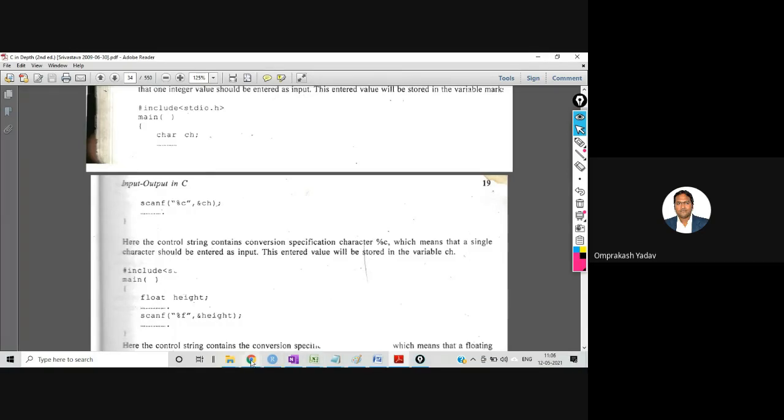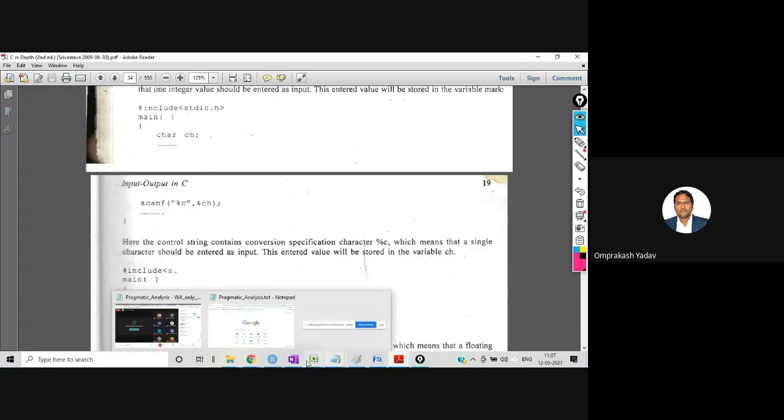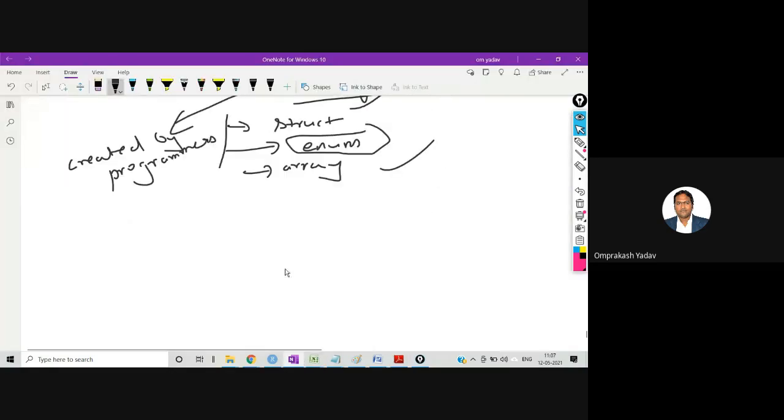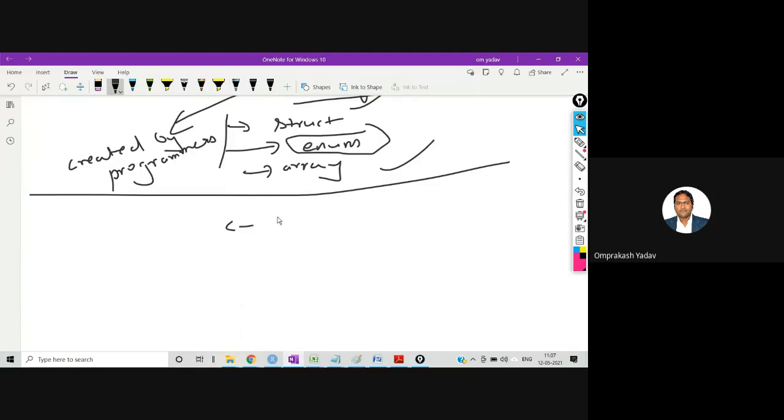Now for doing the programs, you will have to remember one thing: the C language is a high level language. I told you that computers only understand binary language.